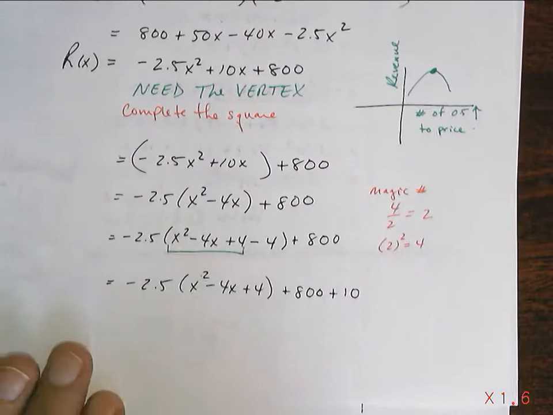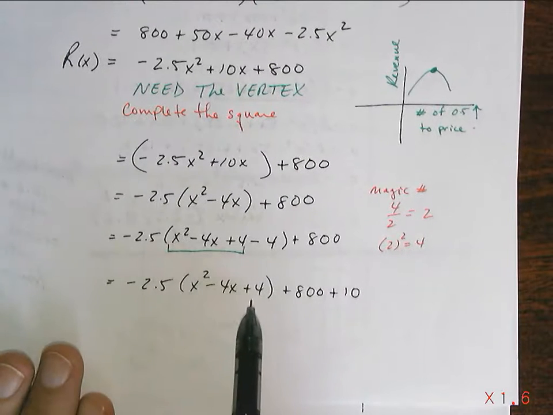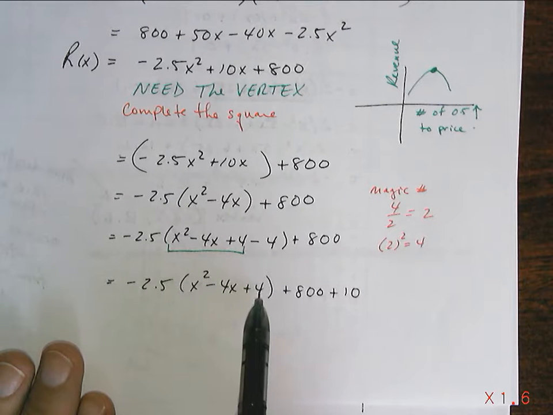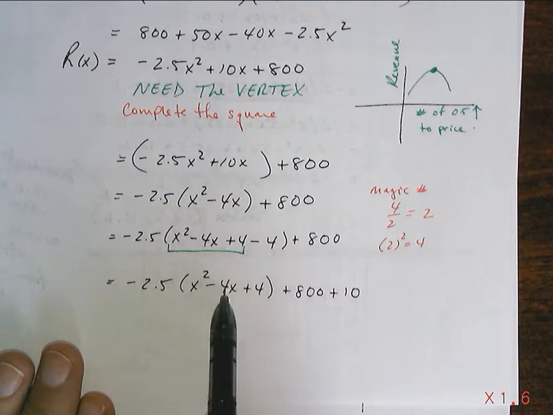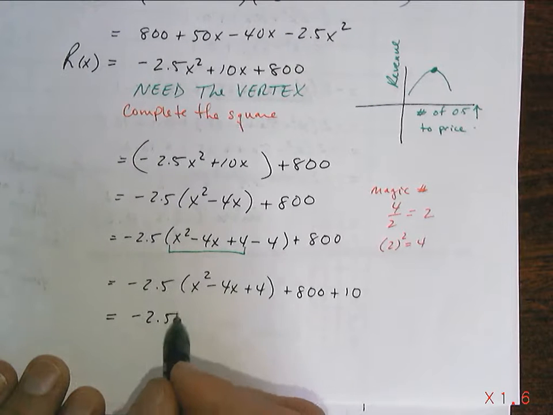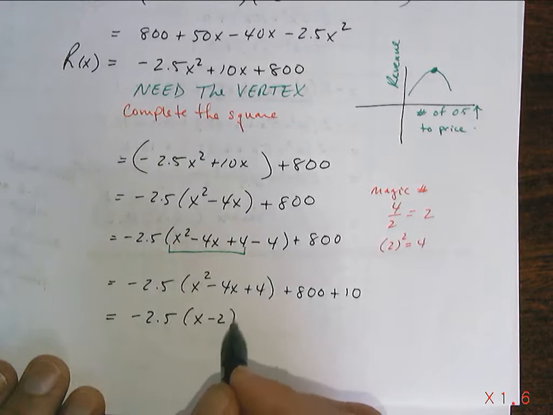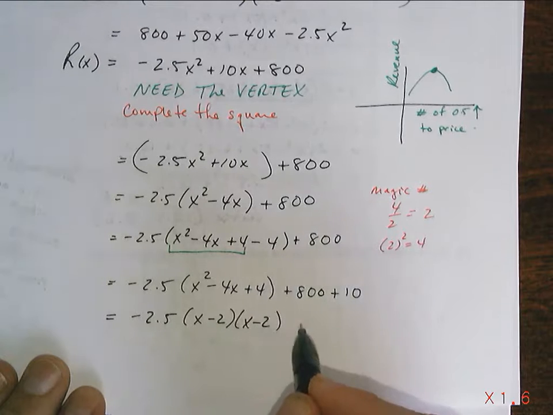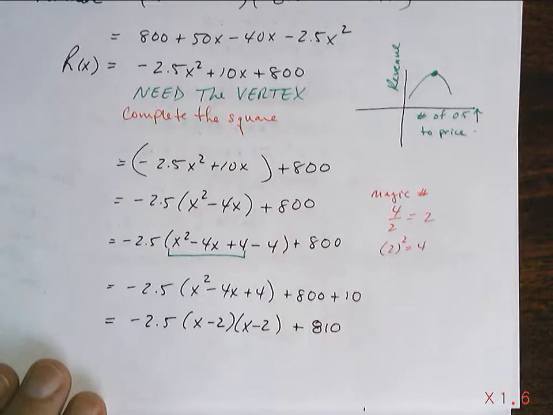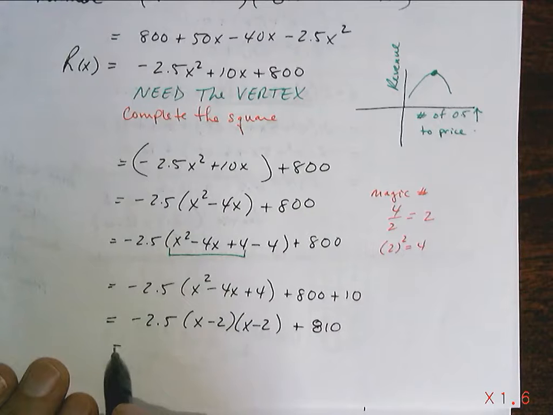Now, someone in the audience asked me earlier, what happens to this trinomial? This is a perfect square trinomial. So we look for two numbers that multiply to give 4 and add to give negative 4. It's going to be negative 2 and negative 2. So that actually becomes, I don't want to confuse anyone with this, but this is what happens to it. Just trying to answer a question while I'm doing this. So it actually becomes that, which we write as